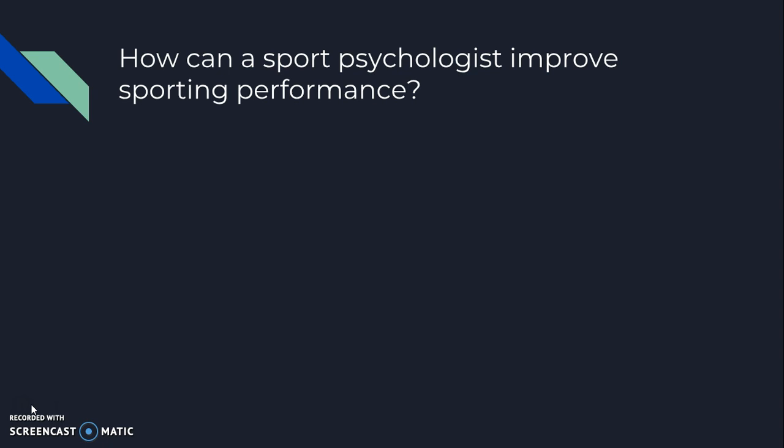Another way is growing confidence in athletes who have doubts. This will be done by the psychologist teaching the athlete skills to see situations in a more positive way, which helps with their mental skills. A sporting example of this could be a player taking penalties but ending up missing because he doesn't believe he has the ability to score, but by working on confidence and the player knowing he has the ability